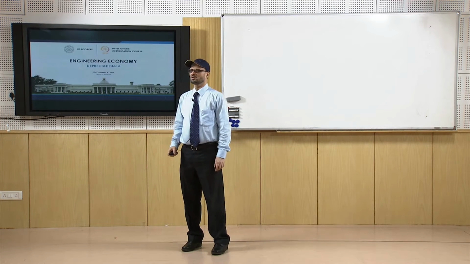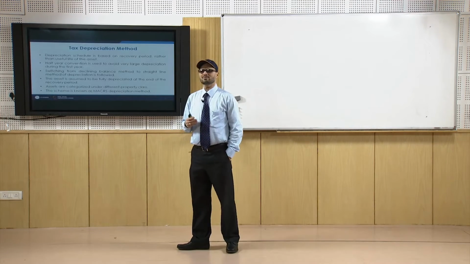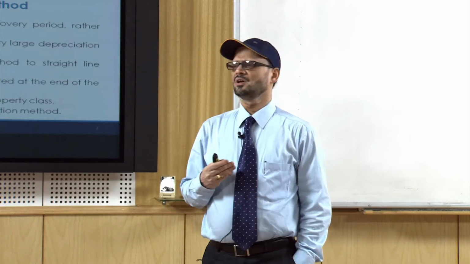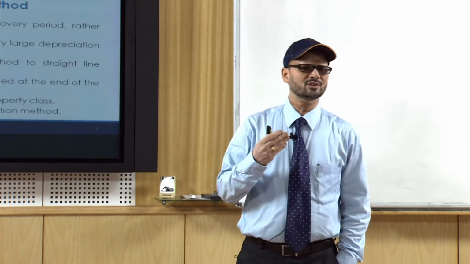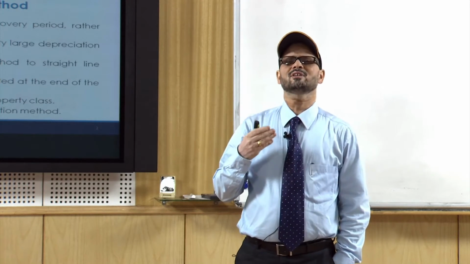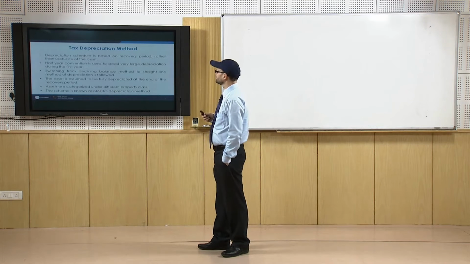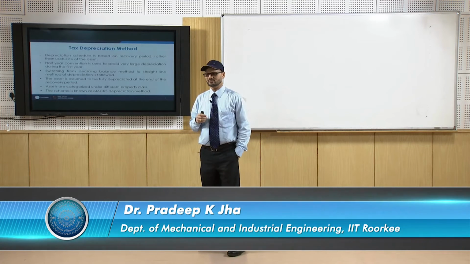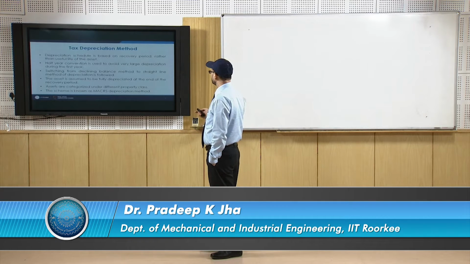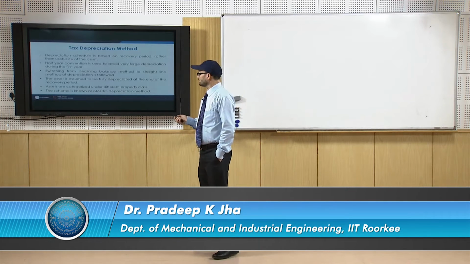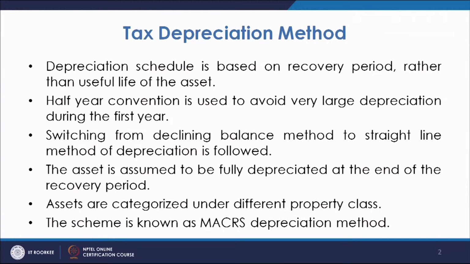Welcome to the lecture on tax depreciation methods. So far we have discussed the methods, with special mention of the double declining balance method of depreciation or declining balance method of depreciation, SOYD, that is sum of years digits method, and also the straight line method. Now, based on the US tax laws, there was a depreciation method which was suggested,